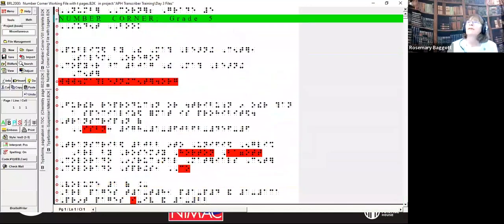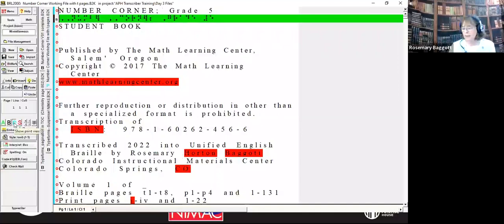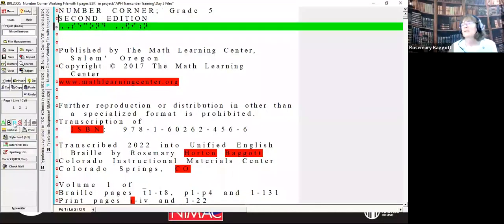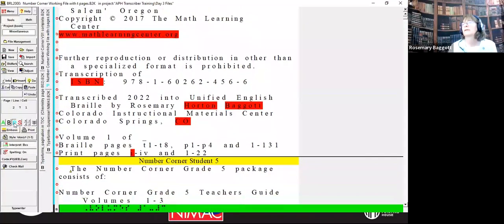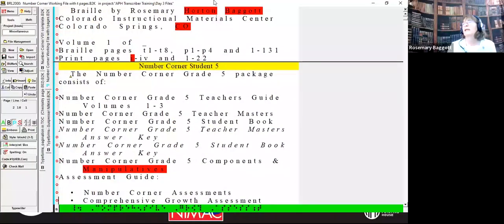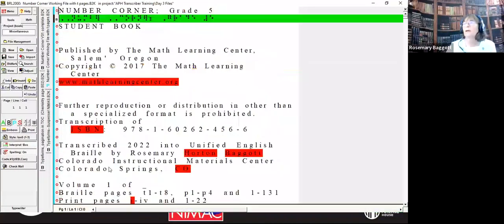And I've noticed some people have asked about this. I typically use the Braille display. There is a print display option over here with the P. I'll show that for a moment. So we see the title page, and you'll see the running head at the top, but there are no page numbers. So going back to the top, and I'm going to put the Braille display back on because my brain works better with it.